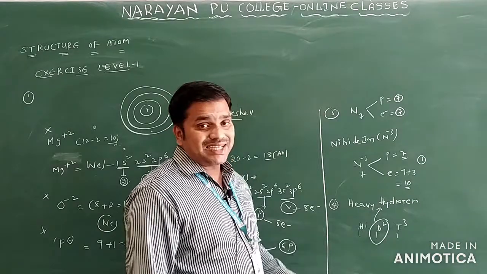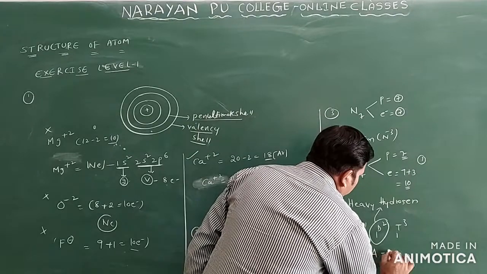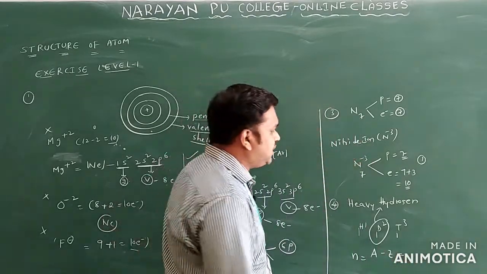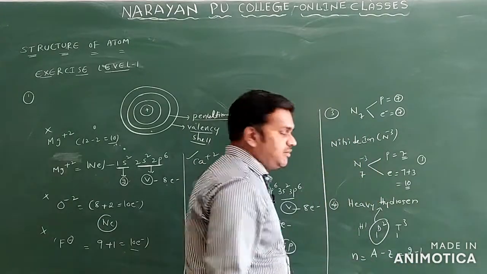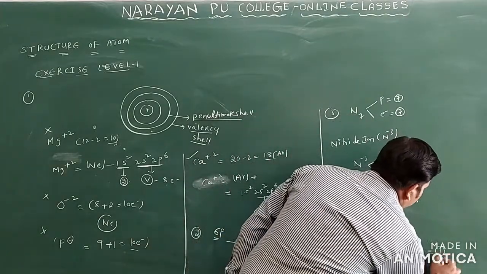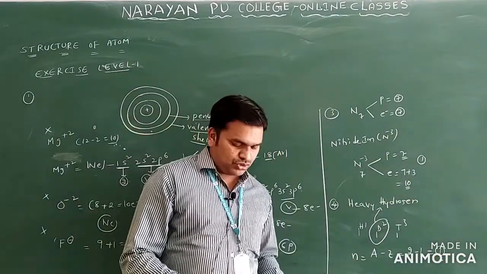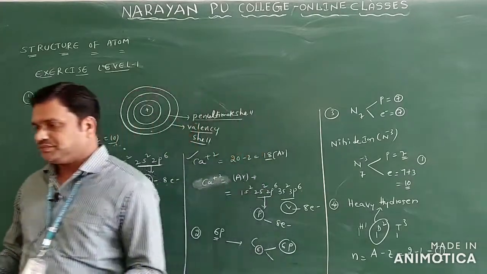In this deuterium, they ask how many neutrons are there. You know one formula: neutrons N equals A minus Z. What is A? A represents the mass number. What is the mass number here? This is 2. Atomic number how much here? Minus 1. That equals 1. How many neutrons are there? There is 1 neutron. So this is question number 4. You will take option 2 for this question.